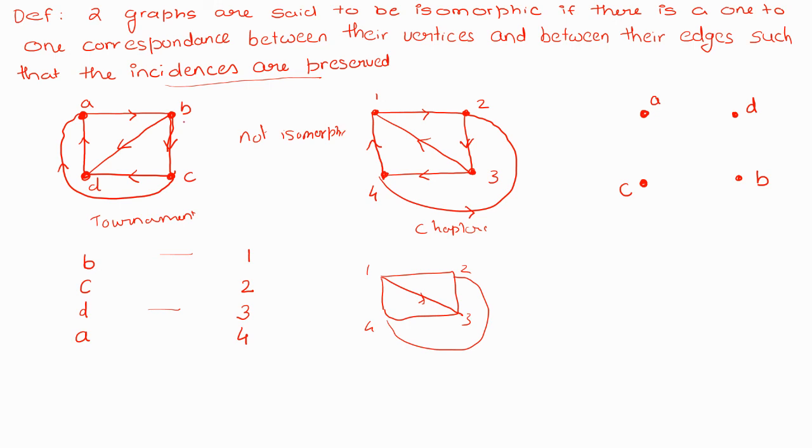Now let us check whether we can construct a similar isomorphic graph. We can construct an isomorphic graph from this just by rearranging the vertices. From A to B, I want an edge, so I draw an edge from A to B. So this is satisfied. Now let's check B to C. I want an edge, so from B to C, I draw an edge. Therefore this is satisfied. Now C to D, I will draw an edge like this.